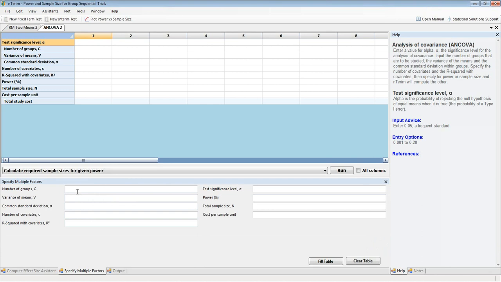So again, as before, I can enter my values here at the bottom of the screen in the specify multiple factor table. So I enter a list of groups. Now variance of means, I'm going to leave blank for the time being. I'll come back to this and you'll see why. So again, I'm going to enter a range of values here from 0.2 to 0.6, again in increments of 0.1.